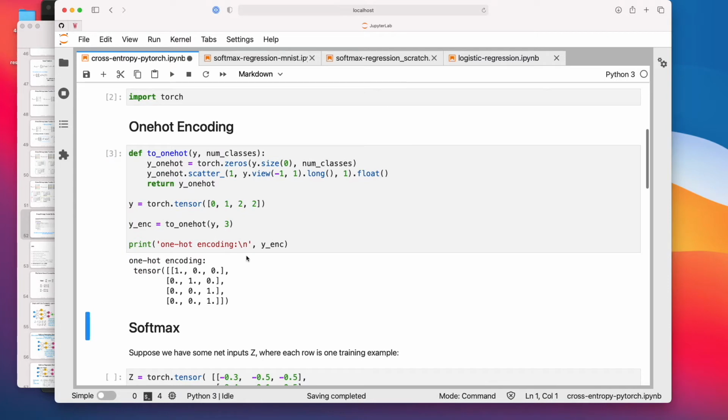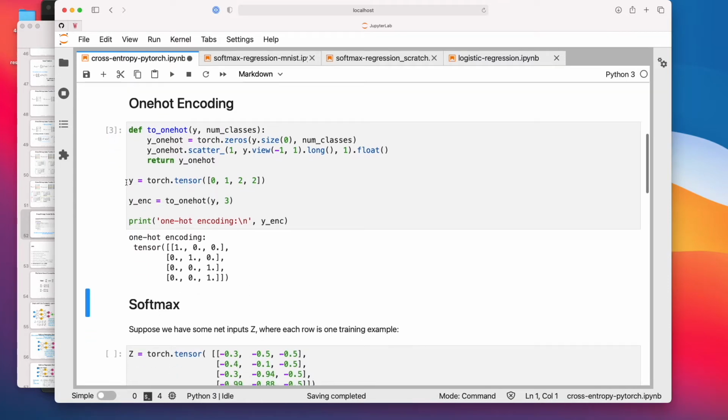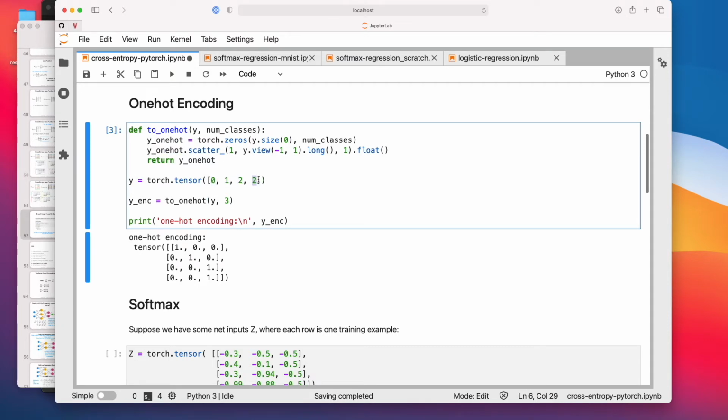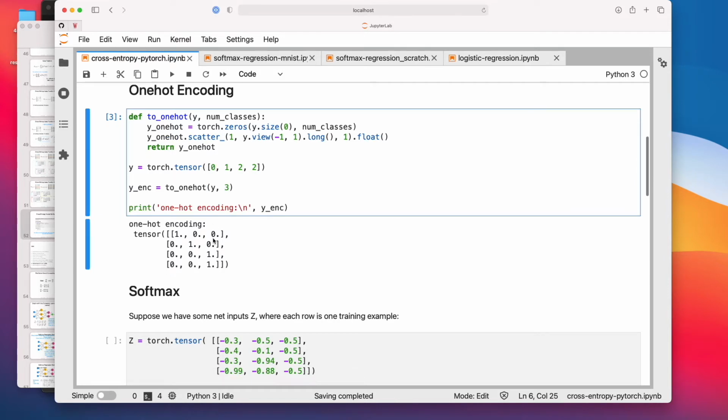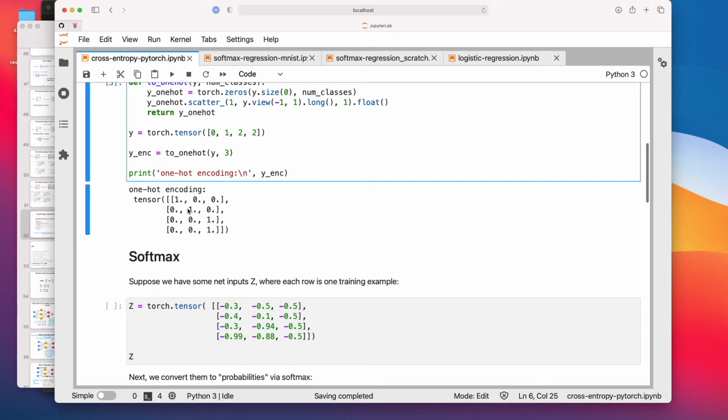This is exactly the same example that I showed you on the slides, where we have the class labels 0, 1, 2, and 2. And I have a total number of class labels here. This is the highest class label, or the number of classes, the same thing. So here we have 3 possible class labels, right? 0, 1, and 2. Also note that your class labels should always start with 0. So in this case, what we get back is, for the 4 training examples, 4 rows, and each has this indicator whether it's this class. 1 is denoting the class, and 0 is just a placeholder. So for the first training example, this represents class 0, class 1, class 2, and class 2.